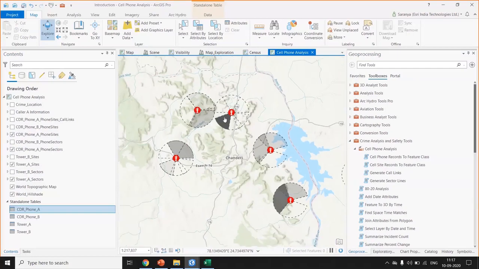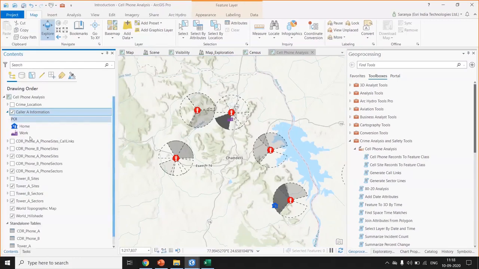For example, the darker sector represents the high volume of calls. So this particular person has a high volume of calls in this sector, which could mean that this is the location where his home is, or this could be his workplace.